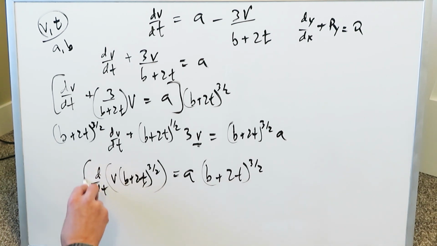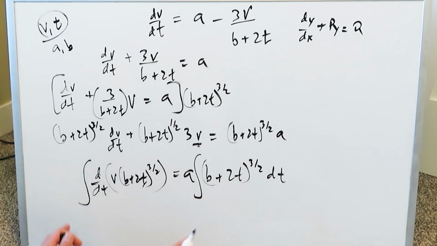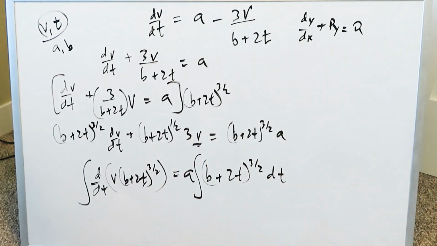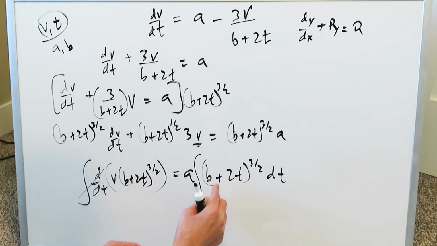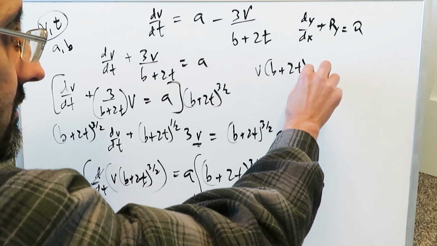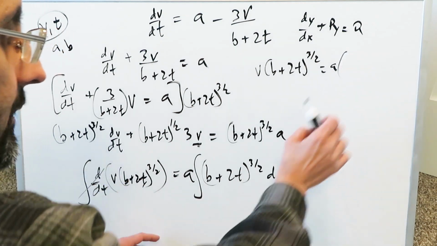Now what remains? You bring in the integral. I'm bringing the integral over here in dt. Remember, we're not doing separation of variables, we're doing the integration factor technique, which is applied to linear differential equations. This goes out. And now you have to do the integration of this, but you can do the integration of this by a u substitution. This right here is going to stay as is. V parentheses b plus 2t to the power of 3 over 2 is equal to a multiplying with now this